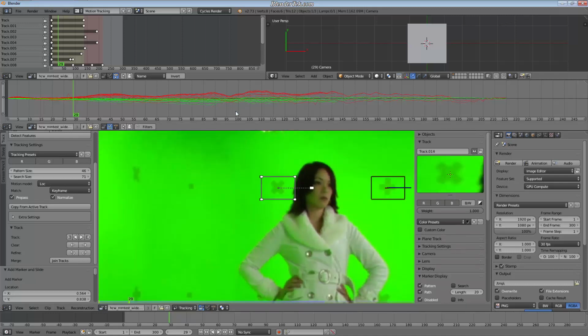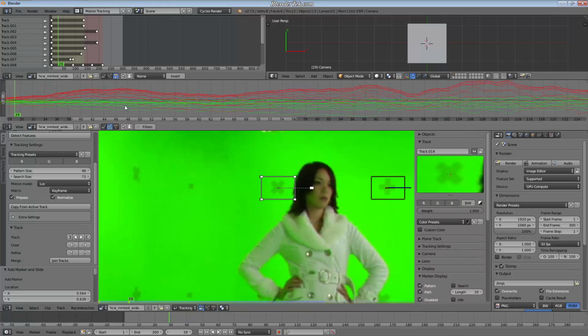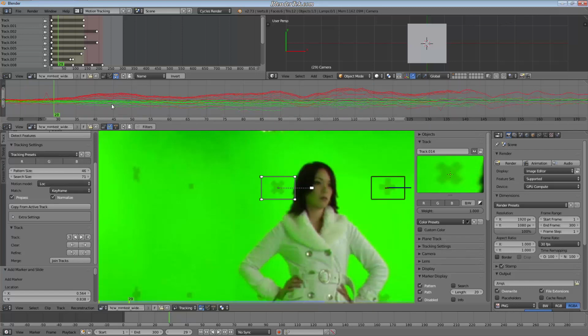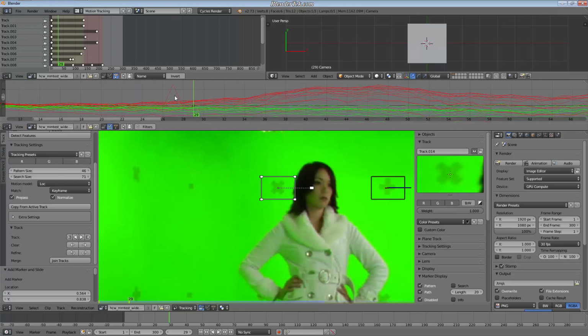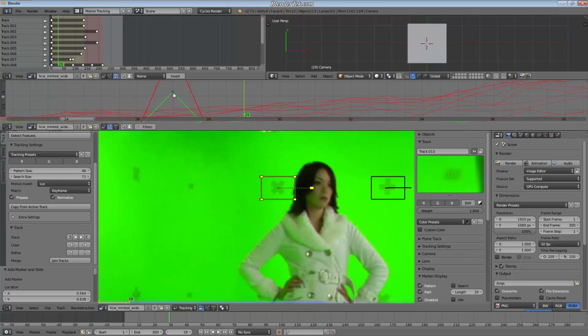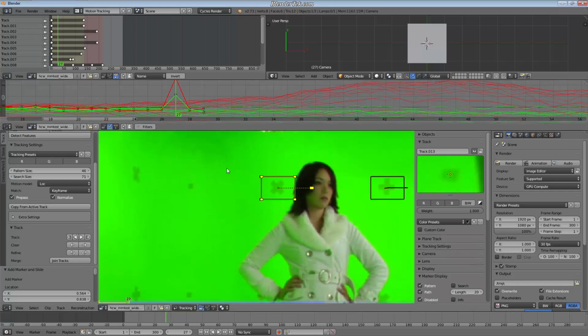And if you guys have ever wondered what this graph means, that's just your tracker's movement in X and Y, the X in red and the Y in yellow. So you can see here there's a spike, so we would find out that would be track 13. So at whatever frame that is, there's a spike in movement, so that would cause a slightly bigger camera solve error, so we would want to fix that up. But anyways,